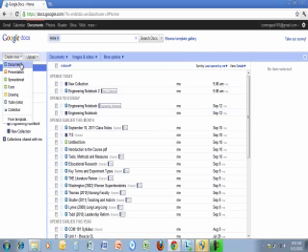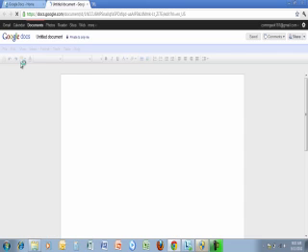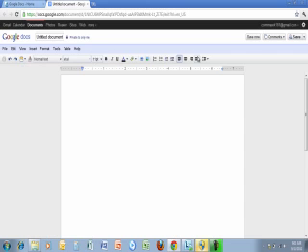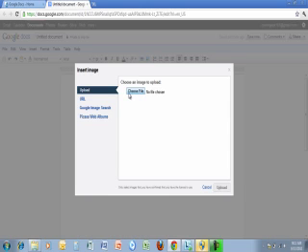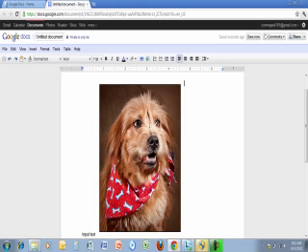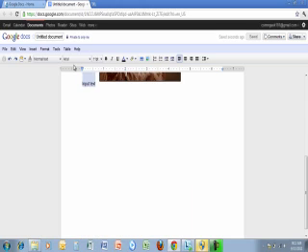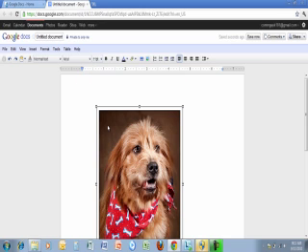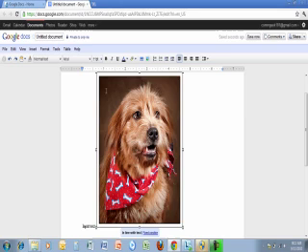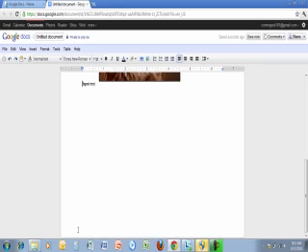So the first thing I think that you all will like is that it's not going to be something too hard to learn. A lot of this, you can tell, looks just like Microsoft Word. So you can input text and put in pictures the same way you would for Microsoft Word. It's pretty easy. And you can change the text and change the font. All of that is still the same as Microsoft Word. So that is nothing new to learn. A couple of cool things that Google Docs has that I have not ever found in